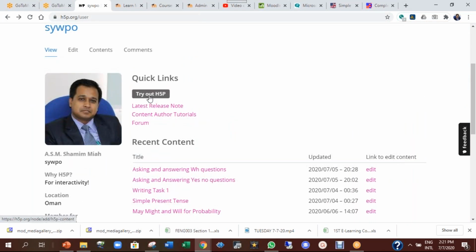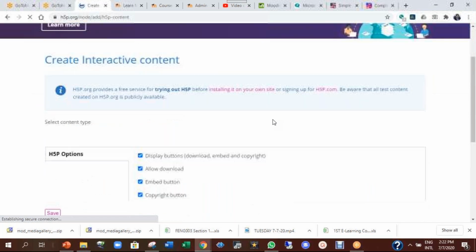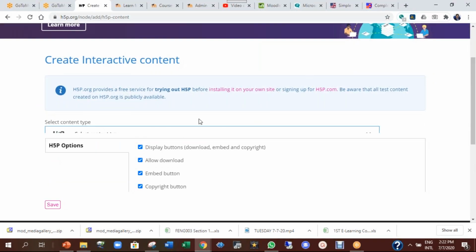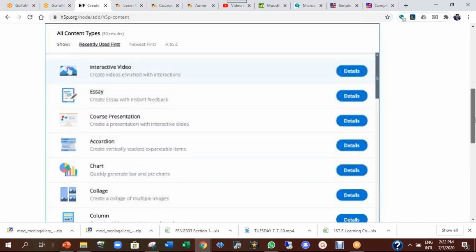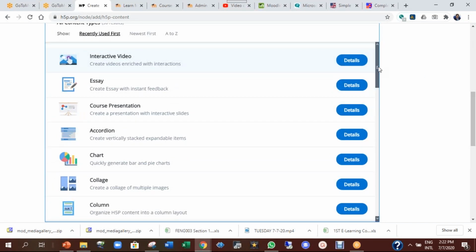Now, all you have to do is click try out after you have got yourself a registered account. Click try out. Once you have clicked that, it will give you the option to choose what kind of activity you want to create as an interactive activity. You have plenty of them. You see interactive video, you can create essay, you can create course presentation, you can create what you call accordion,